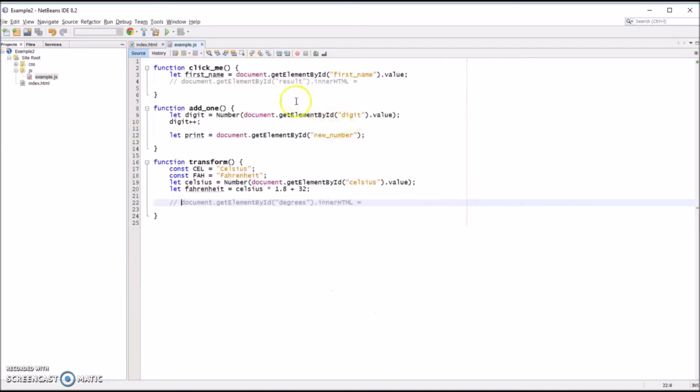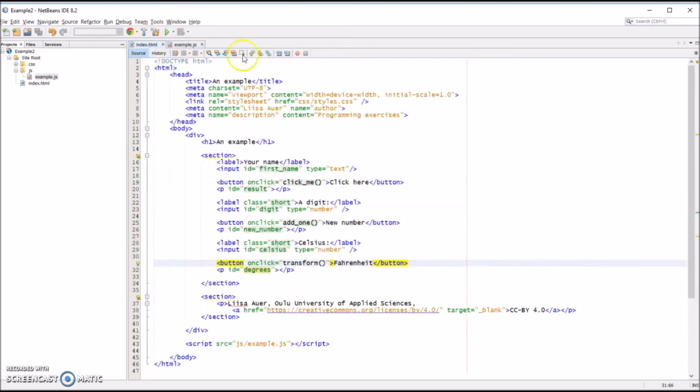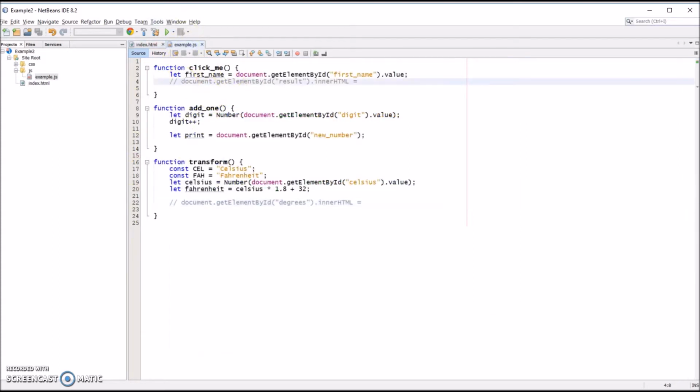So let's see here. It's still the same page, a little bit of text taken away. So now I have here a paragraph where I want to print both text and data. And here it is. So the result is here, and I wish to print here the same text as in the earlier example. And I think I copy and paste it so it takes less time.